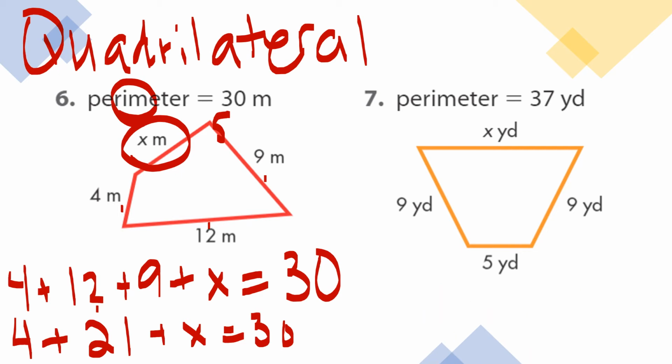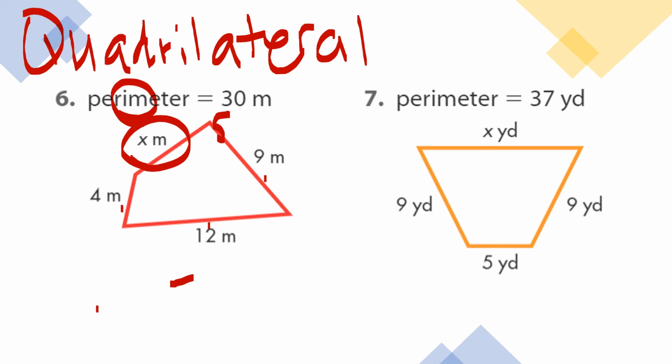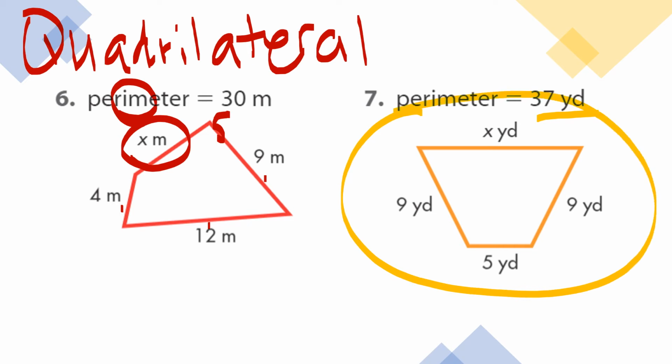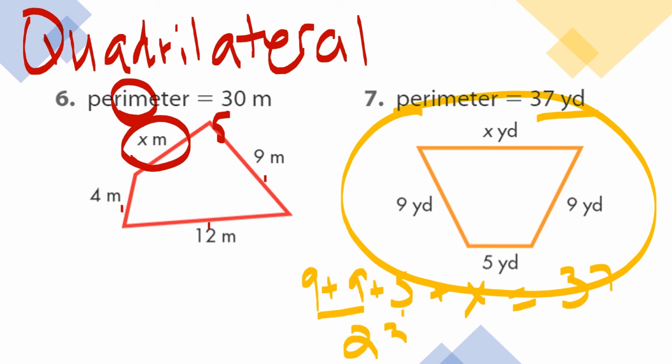Okay, just getting rid of this part right here so that I have room for my next problem. I have my perimeter here is 37. So I'm going to add up all my sides again. So I have 9 plus 9 plus 5 plus x equals 37. When I add these, I have 18 plus 5 is 23 plus x, and this is really going to start